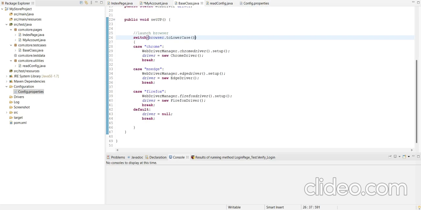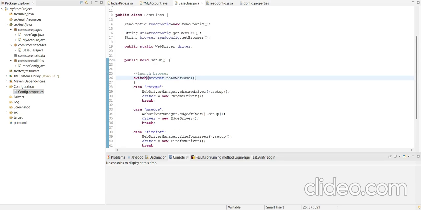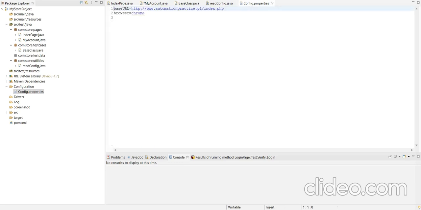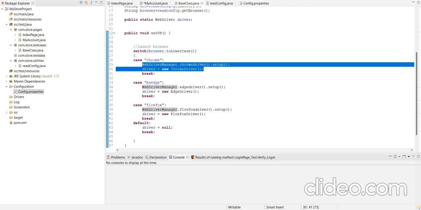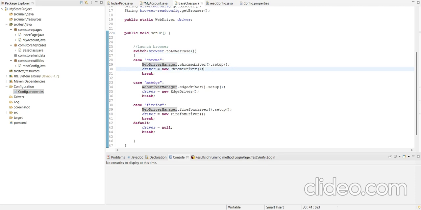And in the setup method, first we convert the value of the key browser, equal to Chrome, to lowercase, and then we use WebDriverManager to launch the Chrome driver. WebDriverManager is a class, and in these two steps we launch the Chrome browser.